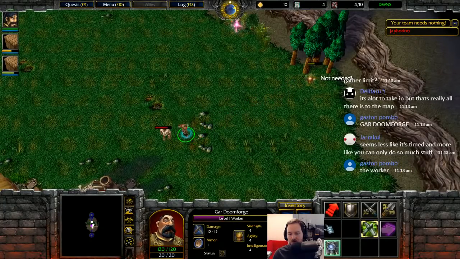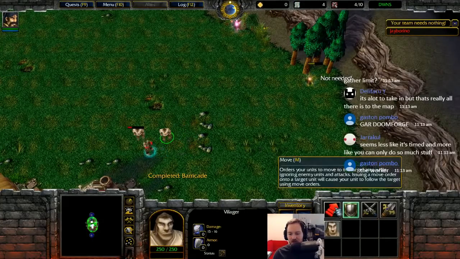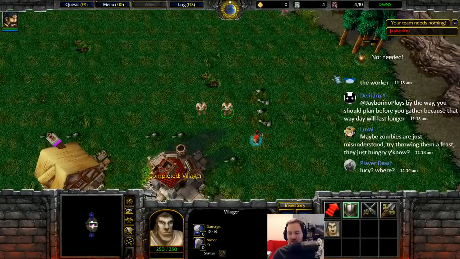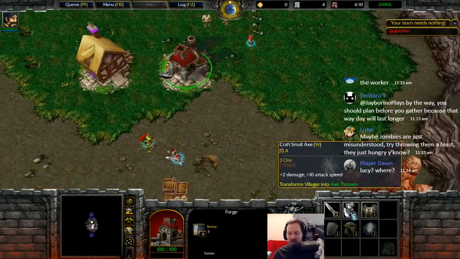I think we use the gold to essentially just make more villagers for now. What do you need? So can I make more workers? That's my question, because I feel like that's what I need. The villagers can't gather, of course. You should plan before you gather. Got it. Well, again, right now,